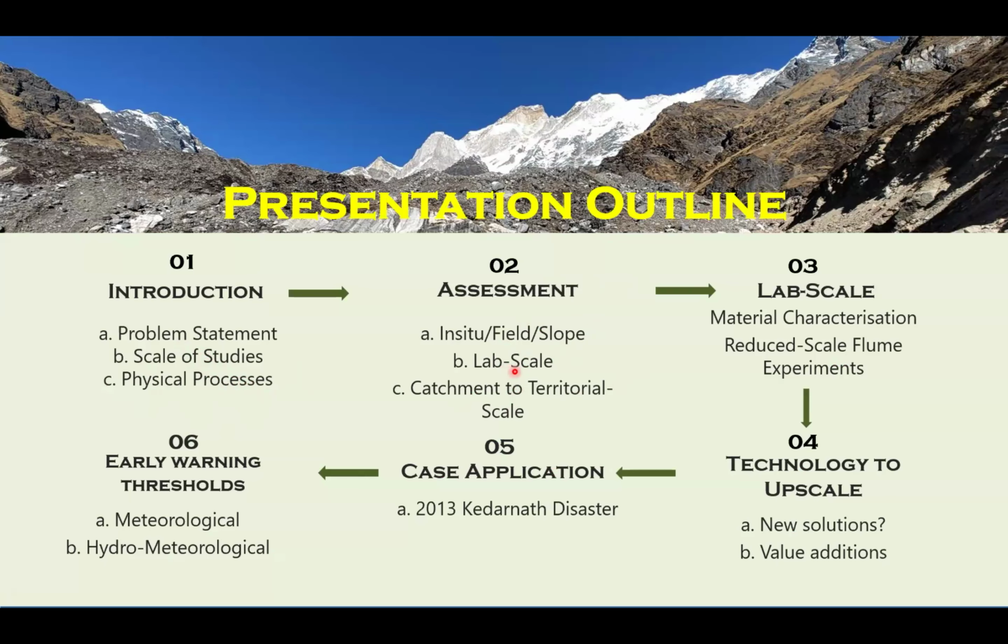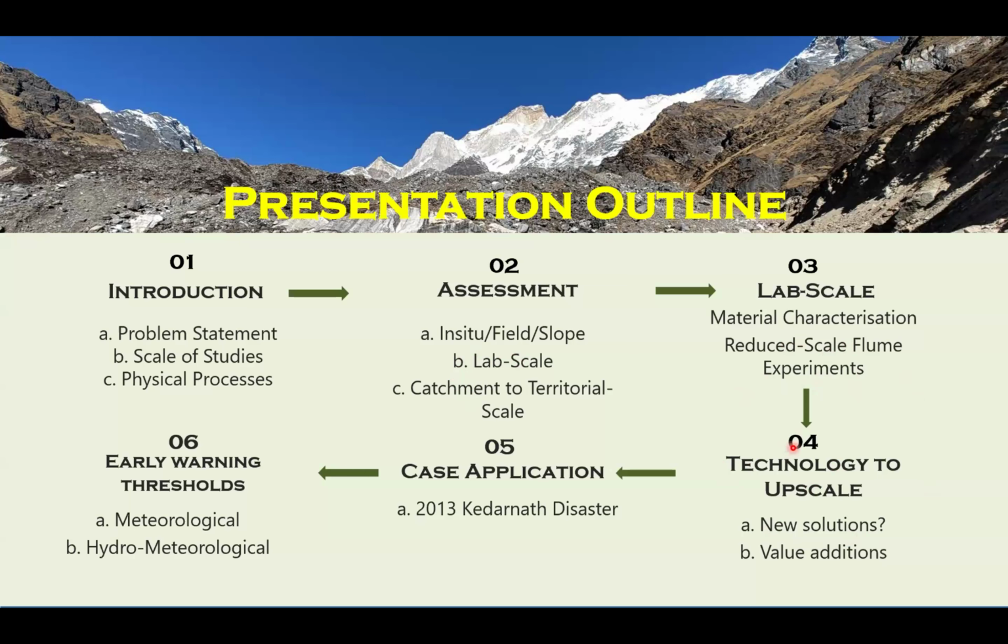And then the second part will touch upon the assessment. What my little experience in IIT Roorkee after joining this institution, at what scales my research group here in Uttarakhand has approached this problem. So that is the assessment part. Then the detailed laboratory scale characterization, and we found something that we can upscale, because studying everything in the laboratory, though it is fundamental and very essential, we need an understanding which is beneficial to the people in order to inform before a disaster happens.